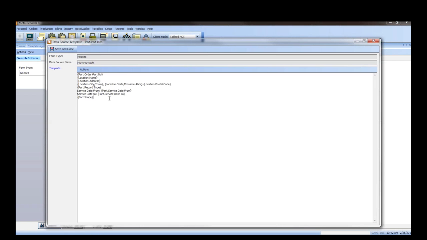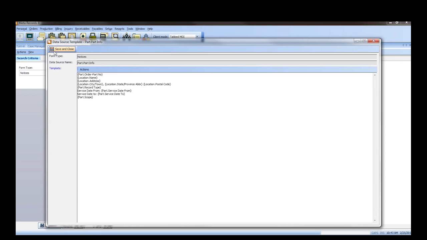That message is telling you that if you are using a scope attachment, adding the scope to the form and selecting multiple parts will cause the system to not print the scope attachments behind the actual form. Because you could have multiple parts selected that say see attached exhibit A or B, and the system wouldn't know which one to actually put behind it and what it actually applies to.